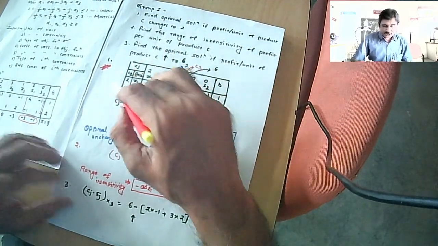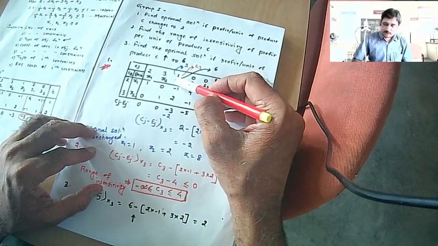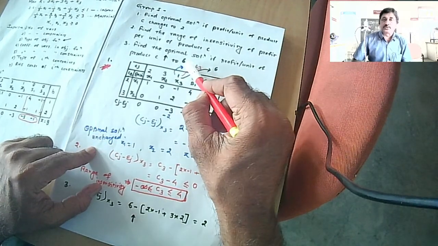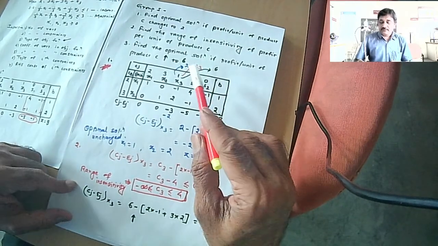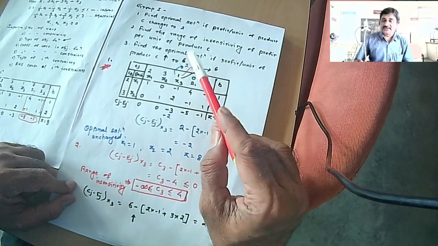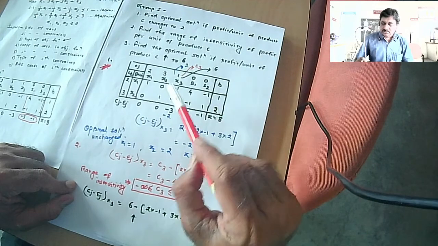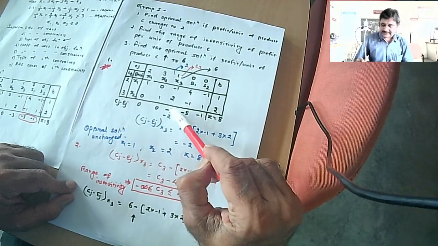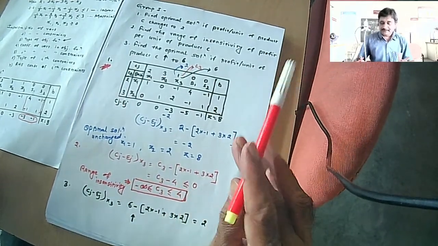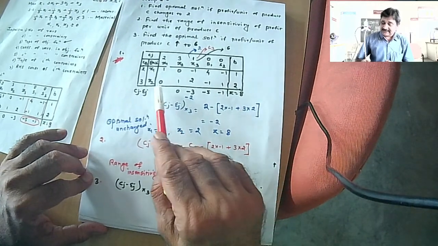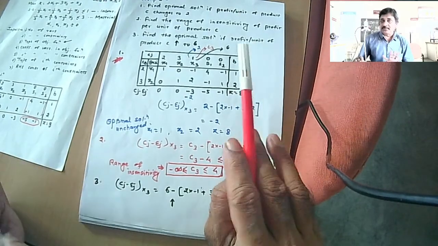Now, in this table, I have redrawn the table and the coefficient of x3, which was 1, I have taken to 2. And with that change, now I have to ask the question: where will this change show its effect? This change of the coefficient from 1 to 2 will show its effect only here, in Cj minus Zj for x3. Nowhere else will the change occur. And your solution is optimal as long as Cj minus Zj values are less than or equal to 0 and B column values are positive.